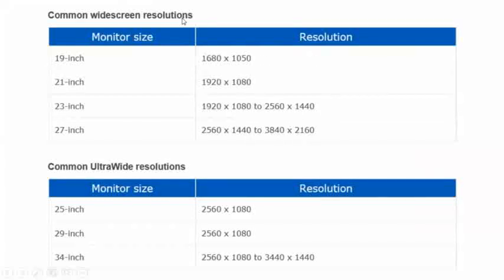It's the common wide resolution and then ultra wide. What is common between both is that whenever the size increases, automatically the resolution of the screen increases, so that our images look more clear to us. Okay, any doubt in this?